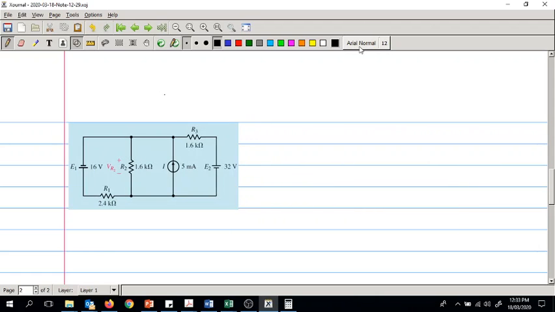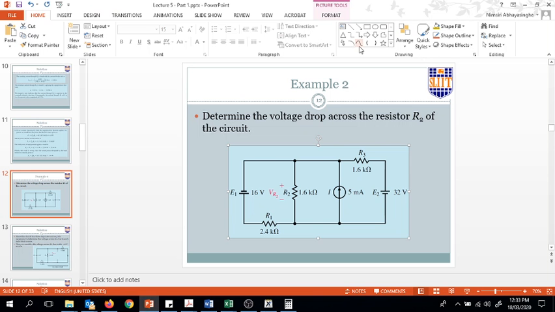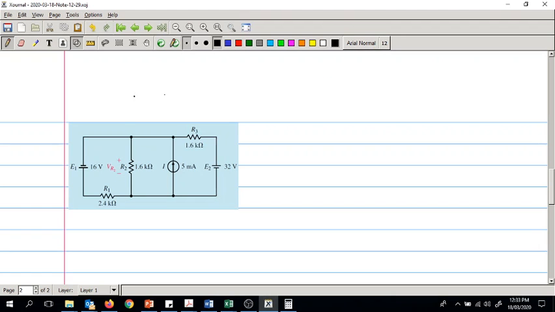In this case we have three sources: two voltage sources and a current source. So I'm going to take them one by one. What we are supposed to find is the voltage drop across the resistor R2, and let's take them one by one,